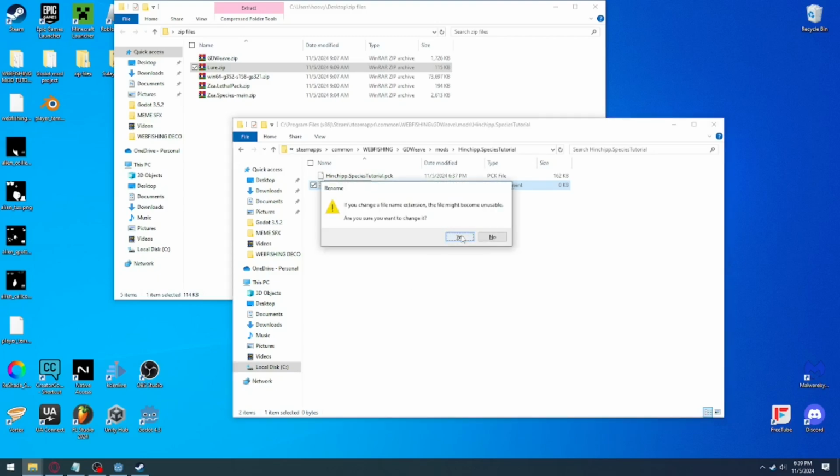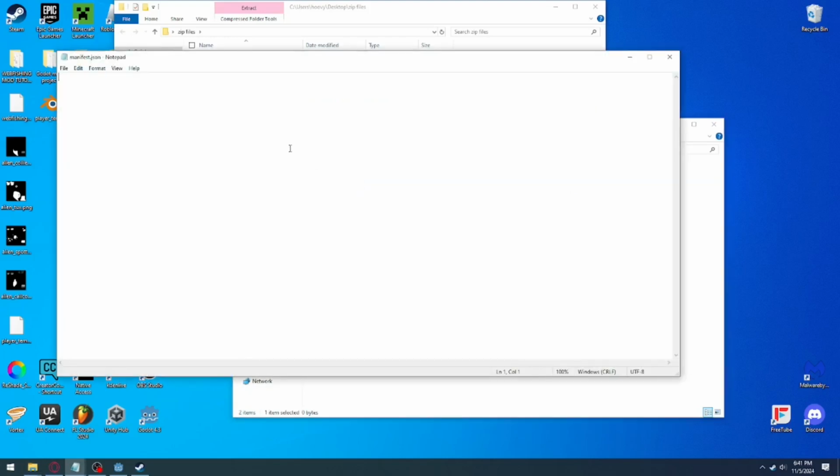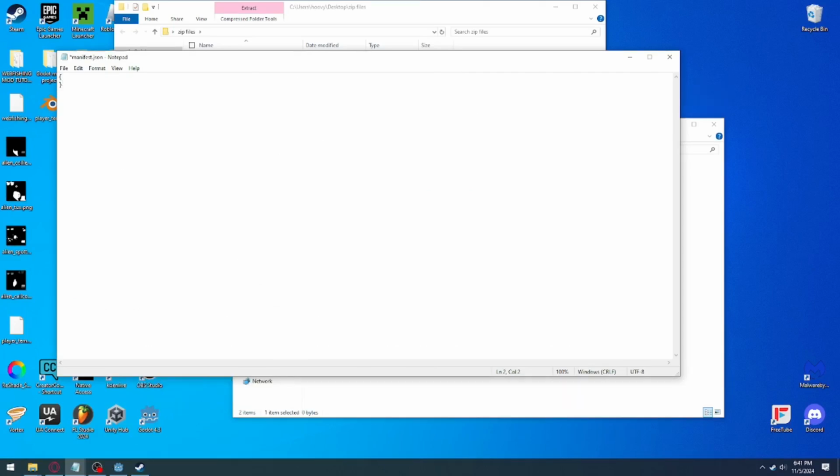It's going to say that it might become unusable. That's fine. And now once you create the manifest.json file, you want to open that up. You can just use Notepad. That's fine. And then you're going to do a squiggly bracket. Press enter. Another squiggly bracket. Up arrow. Enter. And then inside you're going to do quote, two spaces, and write in ID,